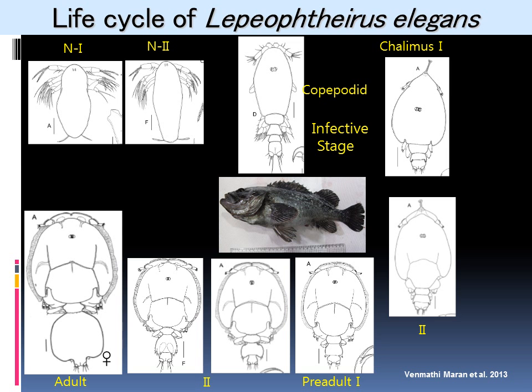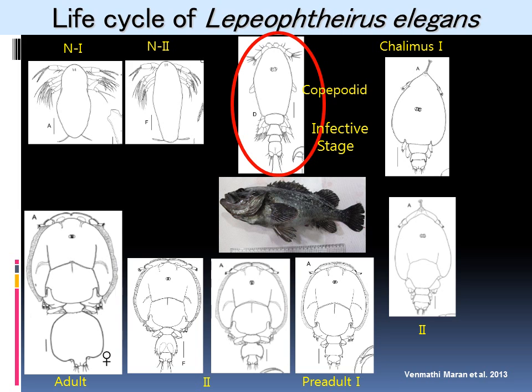And we also studied the life cycle of Lepeophtheirus elegans. The female was taken and incubated. The egg sacs produce Nauplius 1 and Nauplius 2, and then it becomes a copepodid stage. So this is the infective stage. This stage will be looking for the host, and it will be attracted towards a particular host, which shows the host specificity. And the Chalimus 1 and then Chalimus 2 become pre-adult 1 and pre-adult 2. At the pre-adult 1 stage, we are able to differentiate the sex of the parasite,